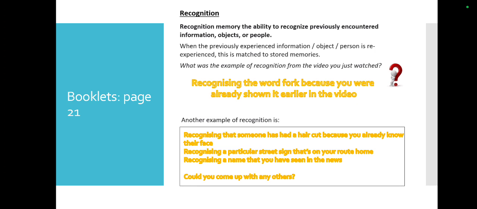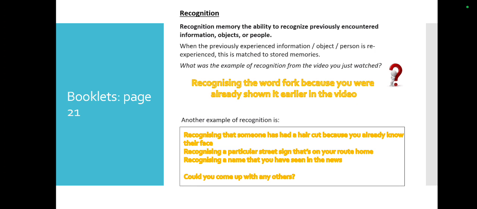Right, so at this point we're going to do a little jump again, because you'll see on page 22 that there are some tasks that your teacher is going to do with you in lesson to check that you've remembered this stuff on recognition and recall. Okay, so we're going to jump over page 22. So if you want to go now to page 23, and we're going to build a little bit more now